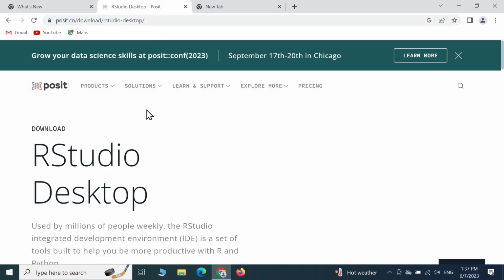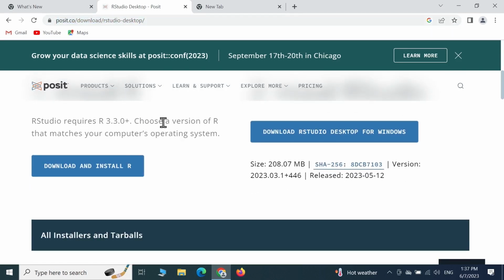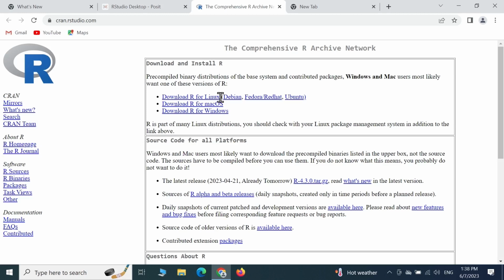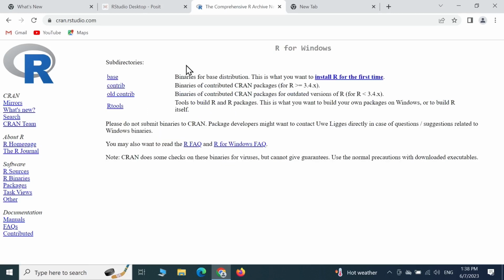come to this page. Now from here all you have to do is just scroll down, and here we have two options. Now first we have to install R, which is the programming language that RStudio is based on. So what you have to do now is just click on install and download R, and from here you need to choose your operating system. Since I'm using Windows, I'm going to click on here. And if you're installing it for the first time, you need to click on base,